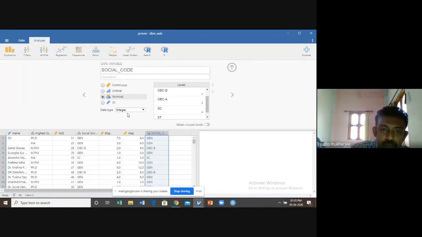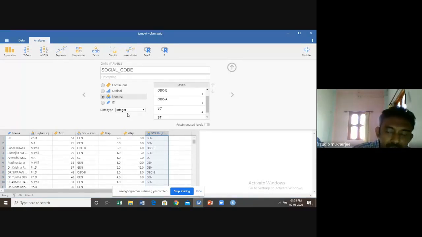So when we try to analyze the data, we try to make all the variables in integer form, not in text form. But the beauty of Jamovi is that it also calculates beautifully with the text variable. So if you are not able to make the text variable into integer form, you can keep it as it is in text form, and you run Jamovi. Jamovi gives you the proper, correct result. The beauty of Jamovi is that it uses text variables very well.